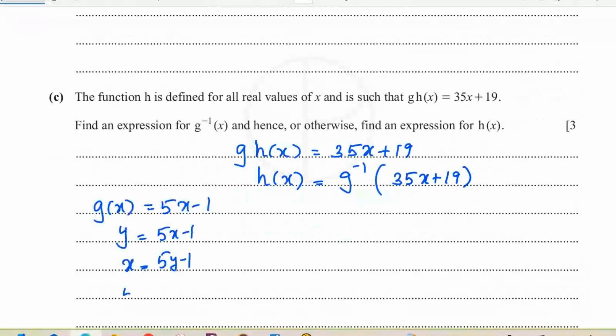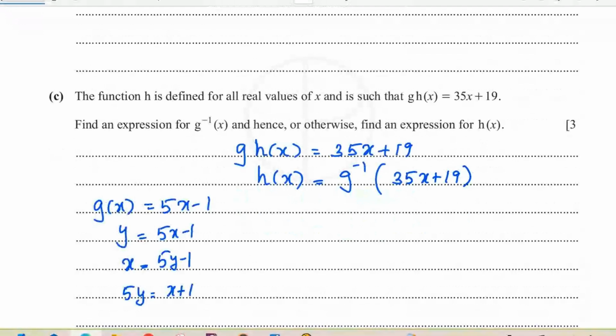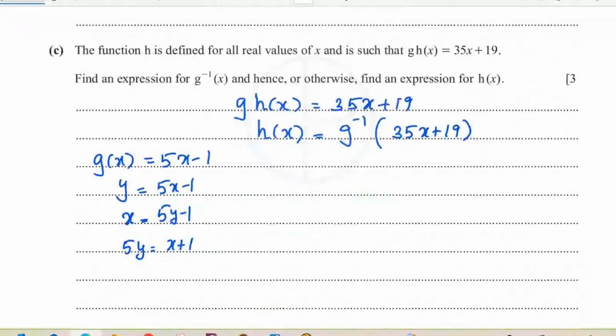So 5y equal to x plus 1, so y is equal to x plus 1 divided by 5. This is g inverse of x